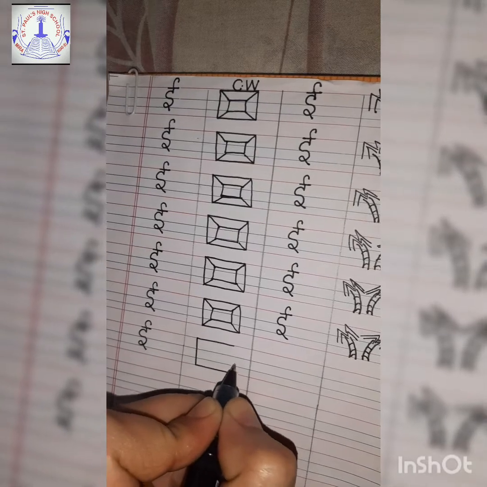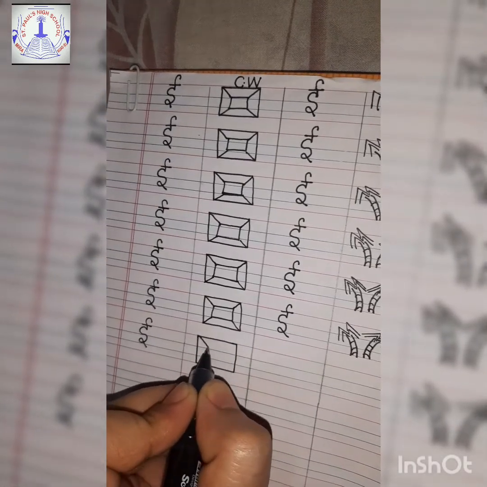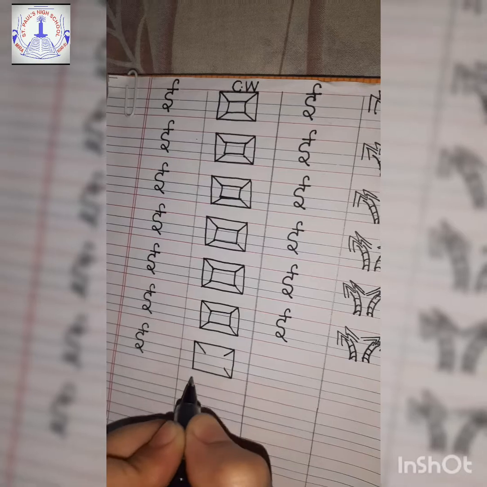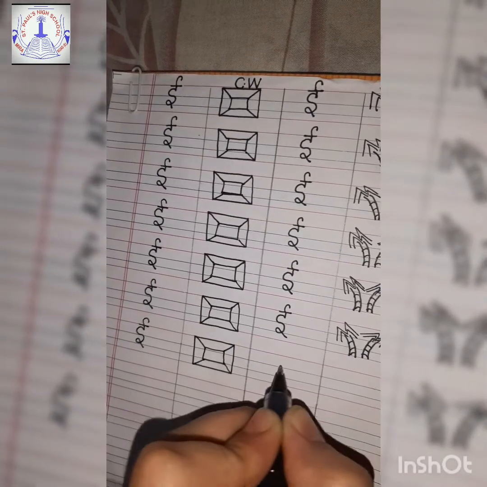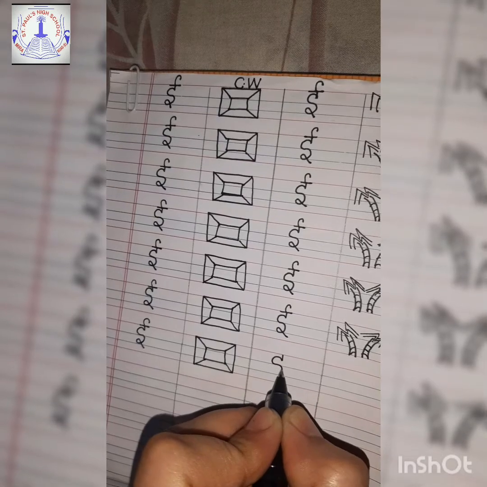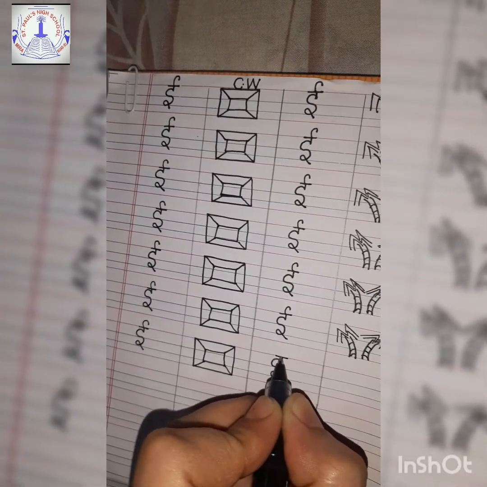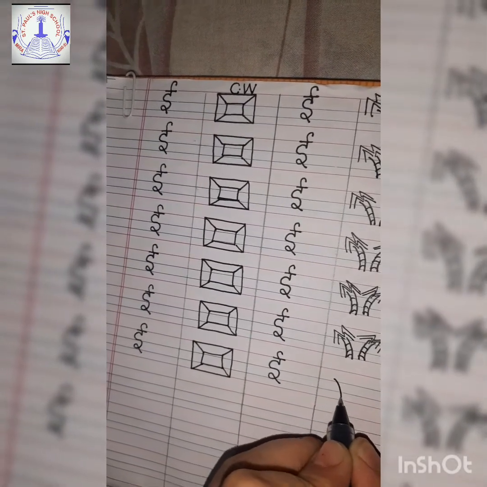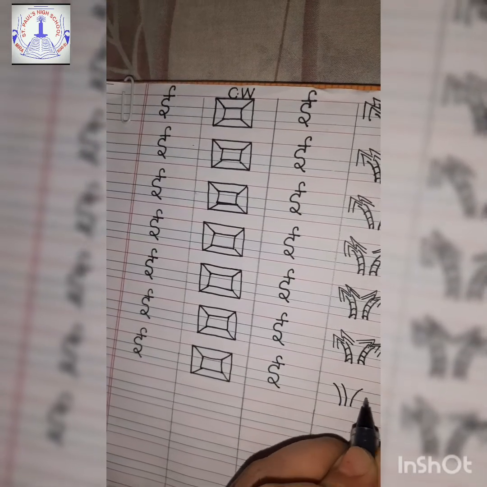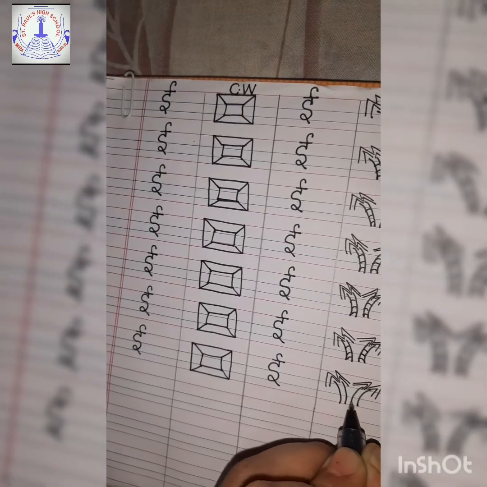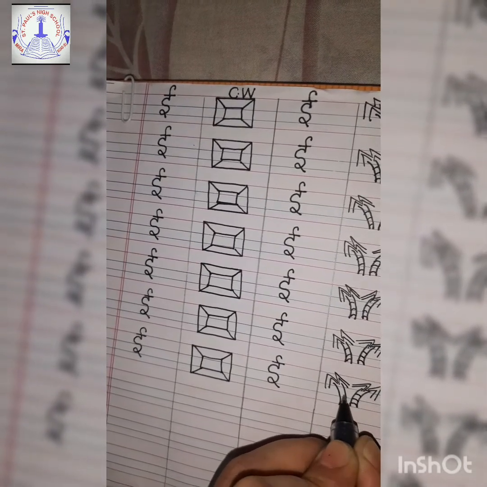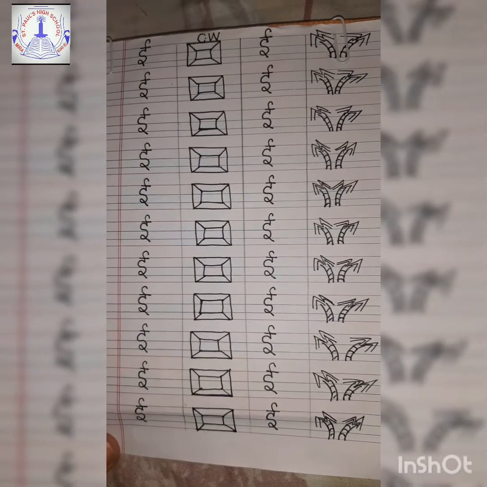I hope children now you all must be finding it a little easy to make badi e and easy to draw the picture as well. So this way you have to go step by step and complete the work and page like this.